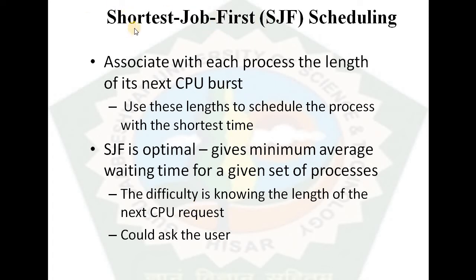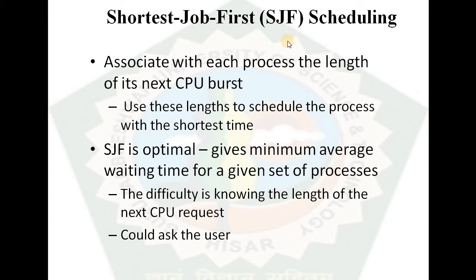The next CPU scheduling algorithm is shortest job first scheduling, SJF. As the name suggests, shortest job first scheduling focuses on the processes which have the shortest CPU burst time. If a process has minimum CPU burst time as compared to the other processes in the ready queue that are ready to be executed and only want a CPU to be allocated, then between these processes the process with minimum CPU burst time will be selected and allocated to the CPU for further execution.